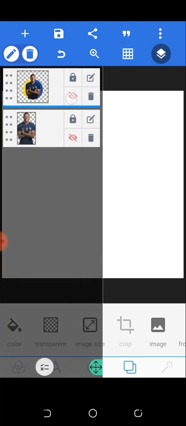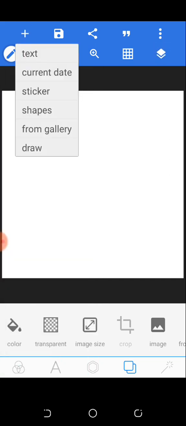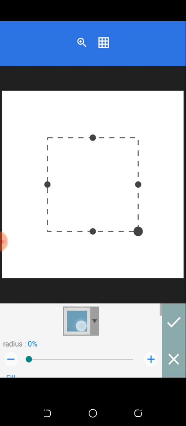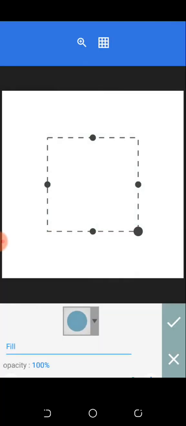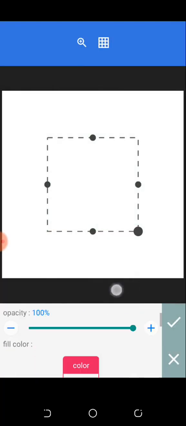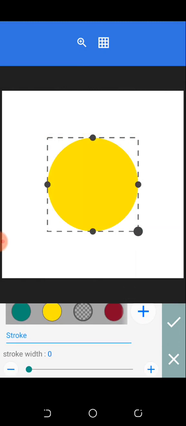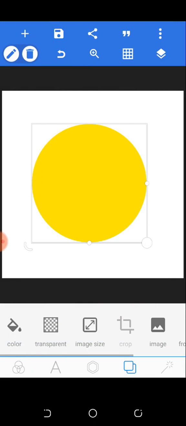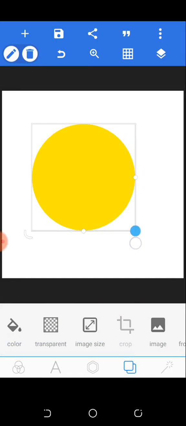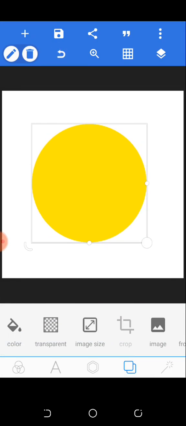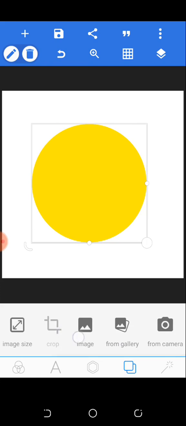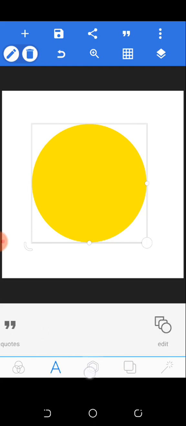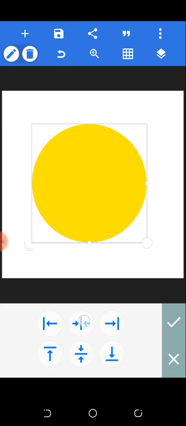So the first thing I'll be doing is bring in a shape. Then I'll just come here and change the color. I change it to circle, then I'll give it this color, yellow. I'll increase it a bit and stretch it out that way. So the next thing is I will come to relative position, then I'll make sure it's at the